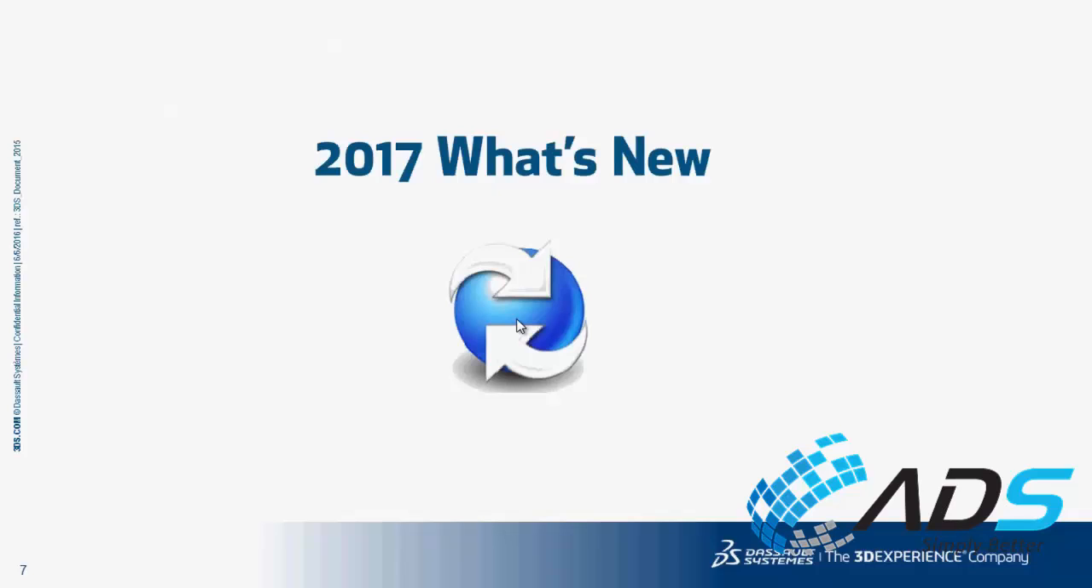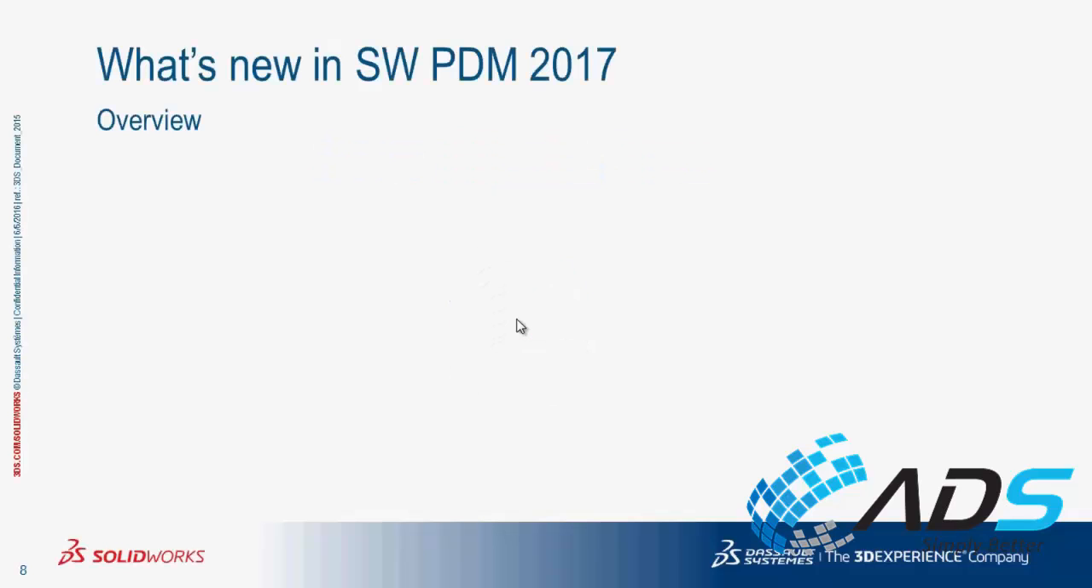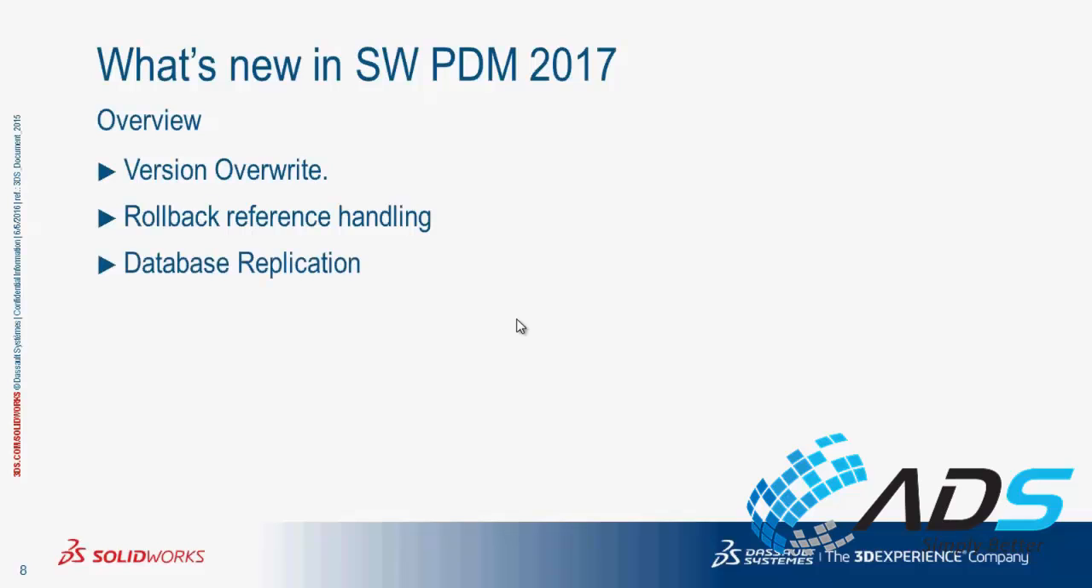What's new in 2017 PDM? Take a quick overview. A version overwrite we're going to introduce. Rollback, reference handling, so lots of new things happening with rollback. Database replication, that's another big one. We'll be able to not only replicate the files but replicate the databases for those larger customers with high latency